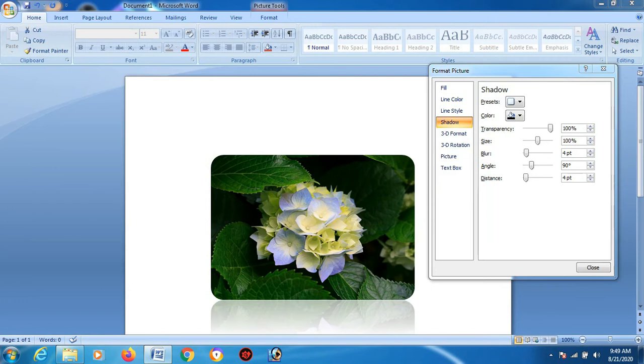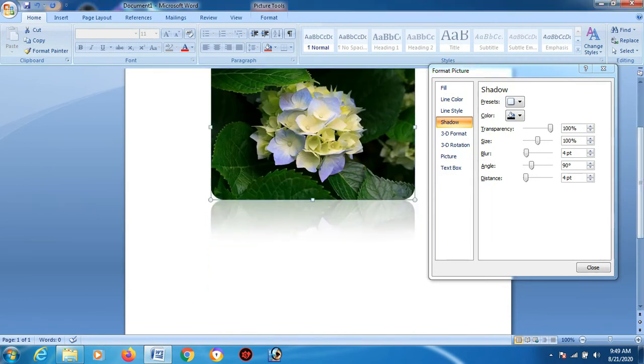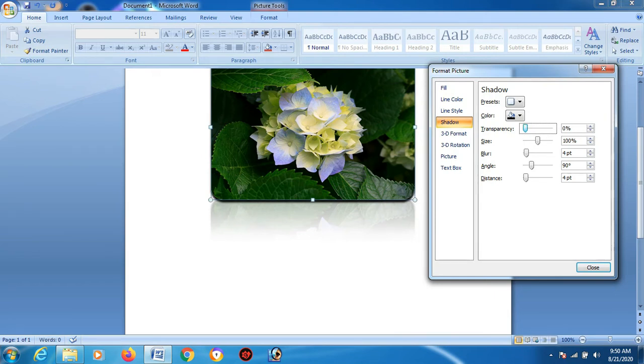Shadows will become more transparent. See at the bottom, just reduce it. See transparency, the transparency got reduced. Okay,